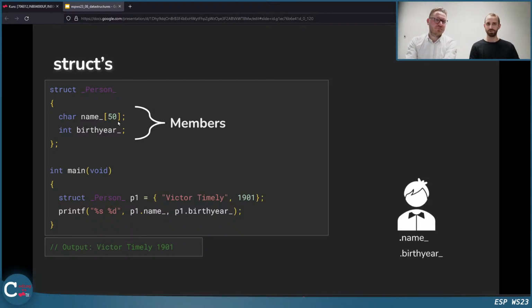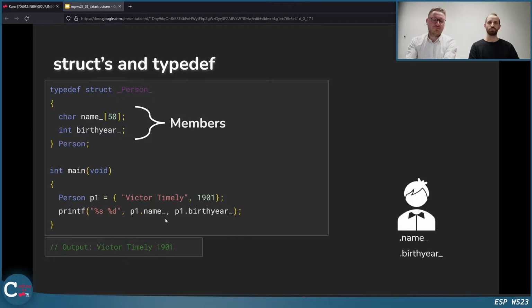So these are the members of the struct, and then we can create a person like this here, and then we can access the members of this person. And again, using typedef is in this case also better, because when we write typedef and then struct person, we define it as a new data type person. Then we can use just this name as data type, and it's much more convenient.